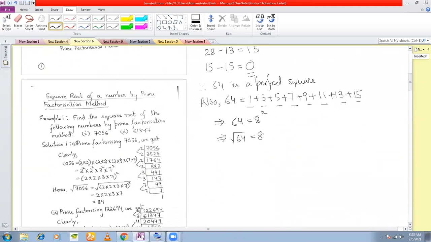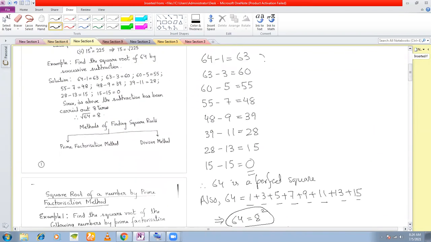Okay, so therefore 64 is equal to 8 square we have done, and therefore square root of 64 must be equal to 8. Clear? This is how we find the square root in this manner. But this technique here is not normally used to find out the square root. This technique is normally used to solve some other types of sums, which we might come across, which we might not come across. But the point here is that normally this method is not used. Okay, this is good if, suppose, in your question I am giving you multiple choice questions, then this method you may use.